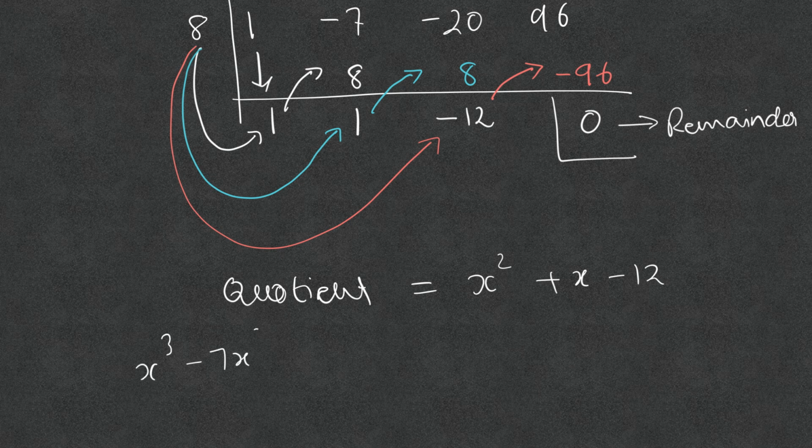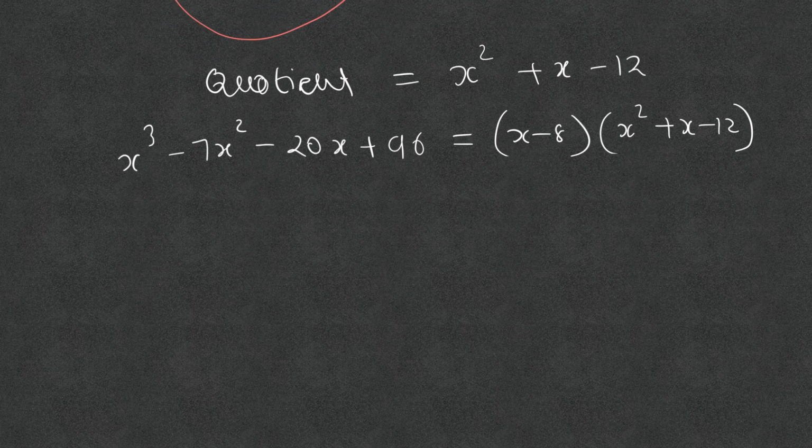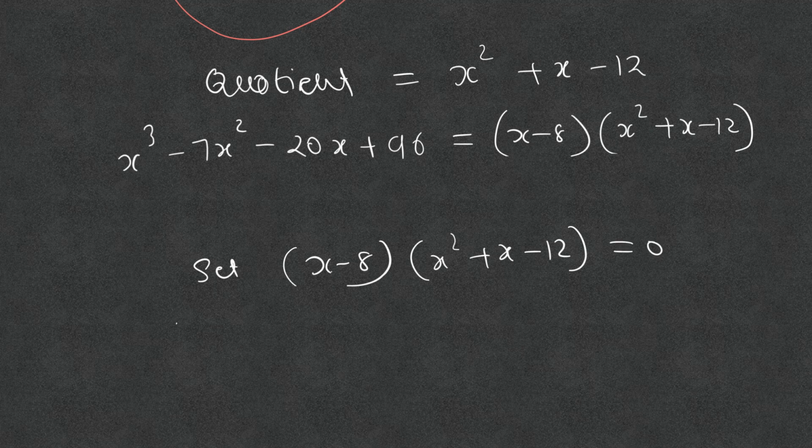We can therefore write the given function x cubed minus 7x squared minus 20x plus 96 equals the product of x minus 8 and the quotient x squared plus x minus 12. In order to find the zeros, set the product x minus 8 and x squared plus x minus 12 to 0. Using the zero product property, we have x minus 8 equals 0, or x squared plus x minus 12